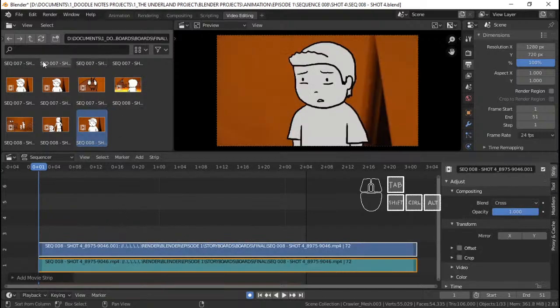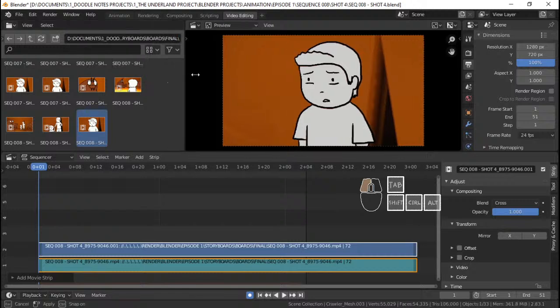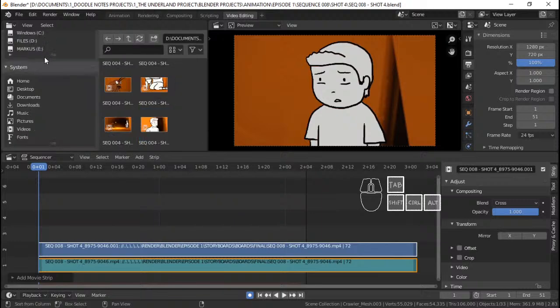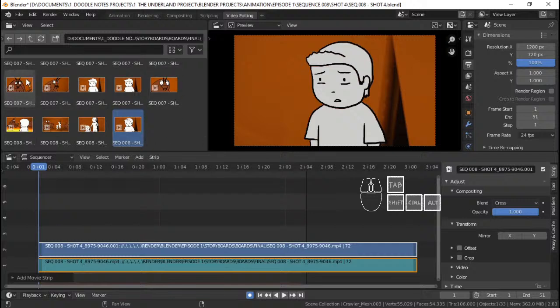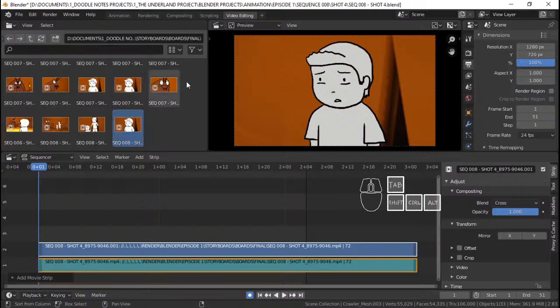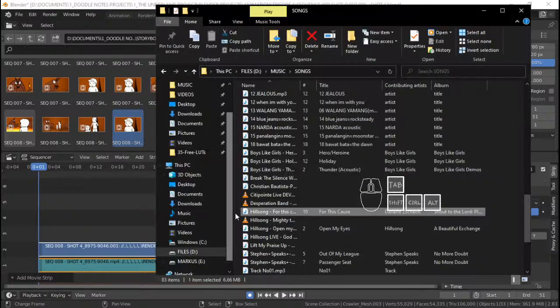But if you don't have that folder, you just have to find it. I think you can find it by going right here. Just navigate to the file location using this. If it's in the C drive, just look for it there. If you're working on your own animations and have reference videos, you can just open it in a folder and drag and drop it